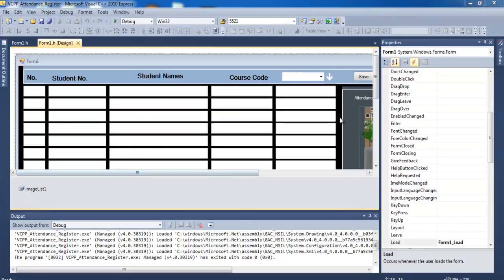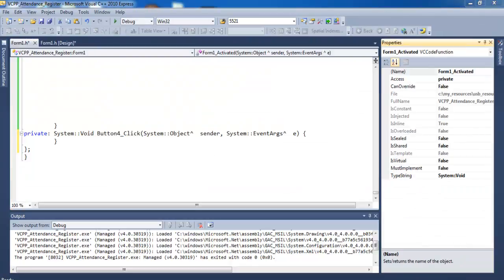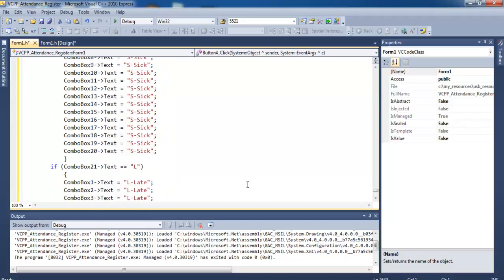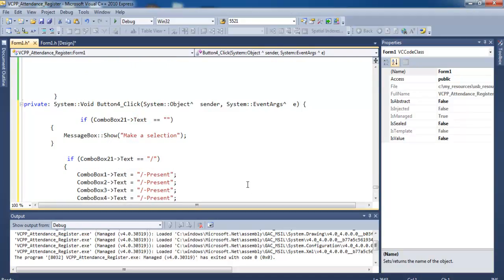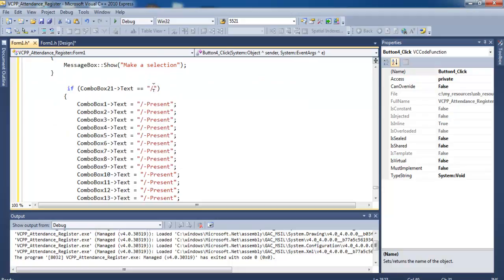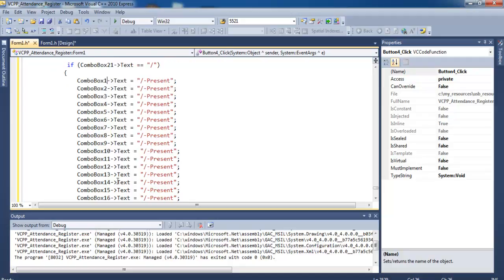For us to be able to populate, we need to double click on this arrow right there. Alright, there we go. So we just click in there and enter as follows. I used an if statement there. What I said right here is as follows: if combo box 21 is empty, and I click on the arrow, this message box will pop up. However, if combo box 21 is marked with this slash, then combo box 1 to 20